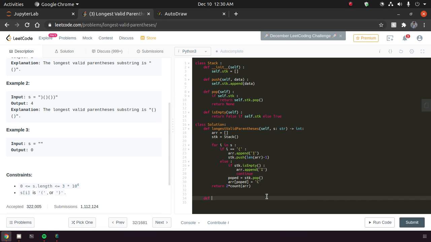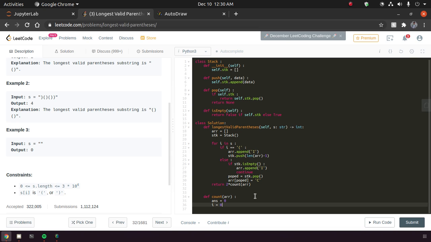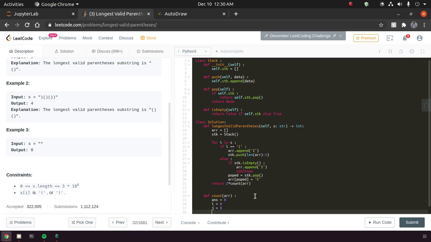So we are going to make a function count, which is going to take an array as an argument, and we set answer to 0, i equal to 0, and j equal to 0,